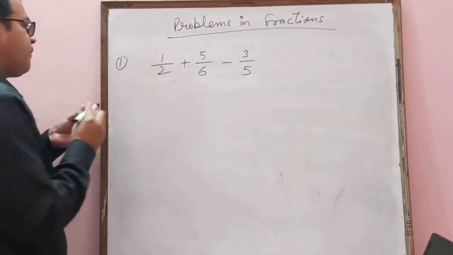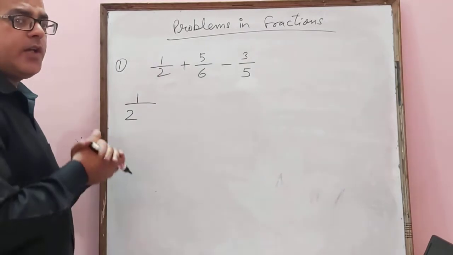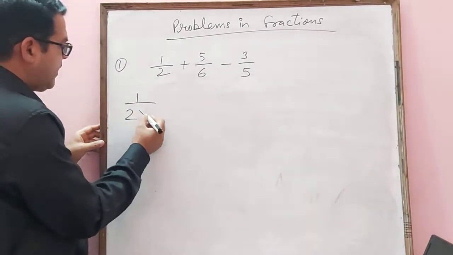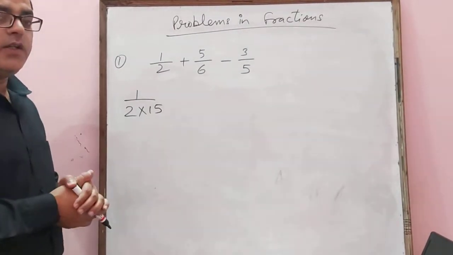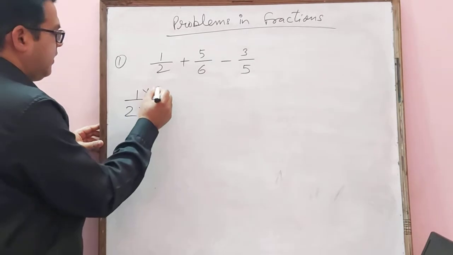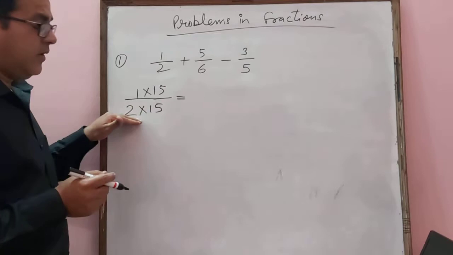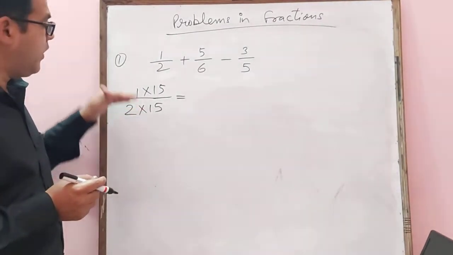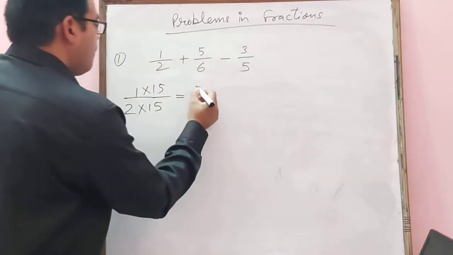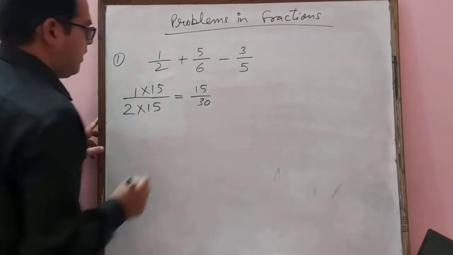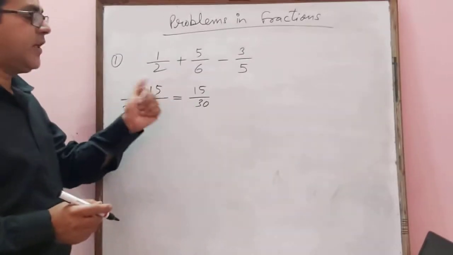So it means we need to convert this 2 into 30. How can we convert it into 30? If we multiply 2 by 15, since we know that 15 2s are 30, we make it 30. We are multiplying 15 on the downside, so we have to multiply the upper side also to keep it balanced. Now 15 upon 30 we can write here. So the equivalent fraction of 1 by 2 is 15 by 30.